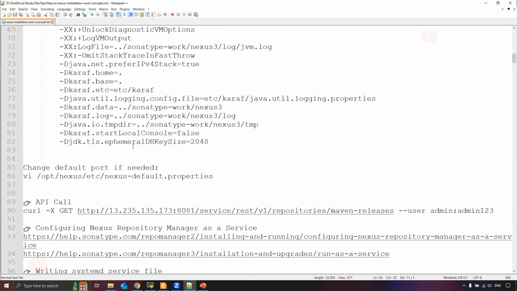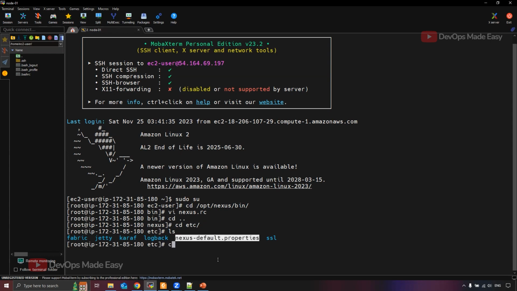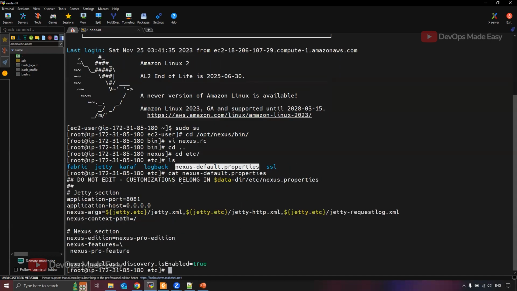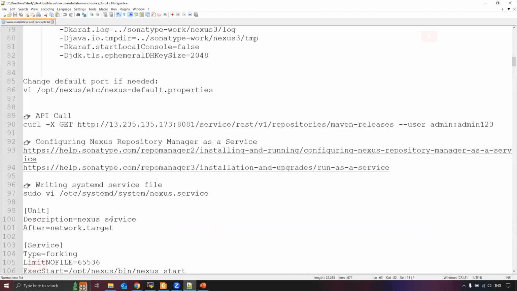Clear, yes, guys? Also, currently we are in the bin directory. If you go to the etc directory of the Nexus installation, you have nexus-default.properties. By default, Nexus runs on 8081. In case you want to run it on a different port number, you can edit this port and then restart Nexus. Got it? After that, what we need to do is